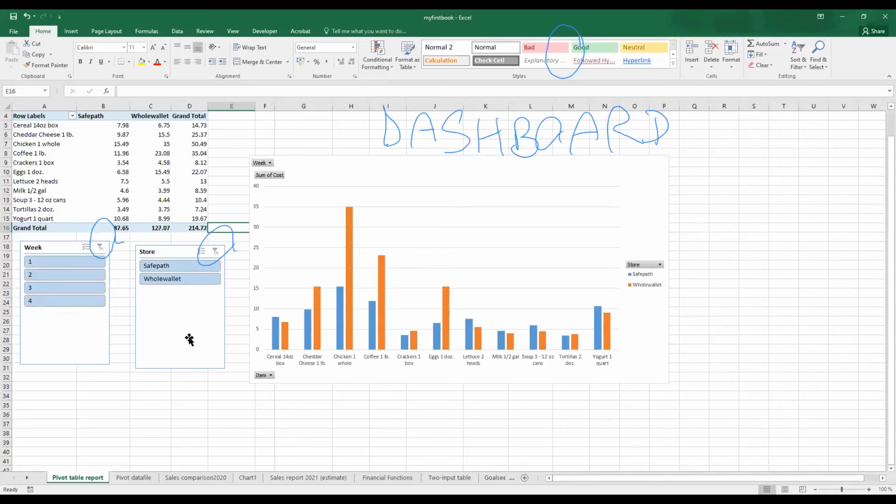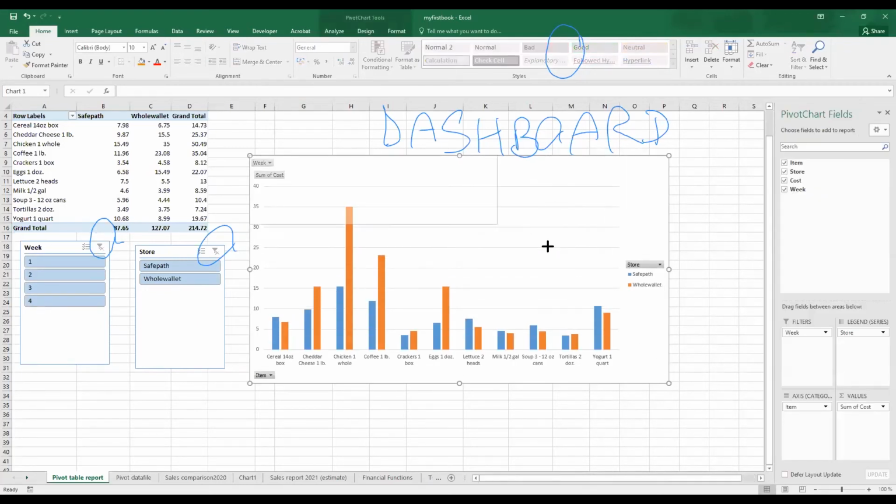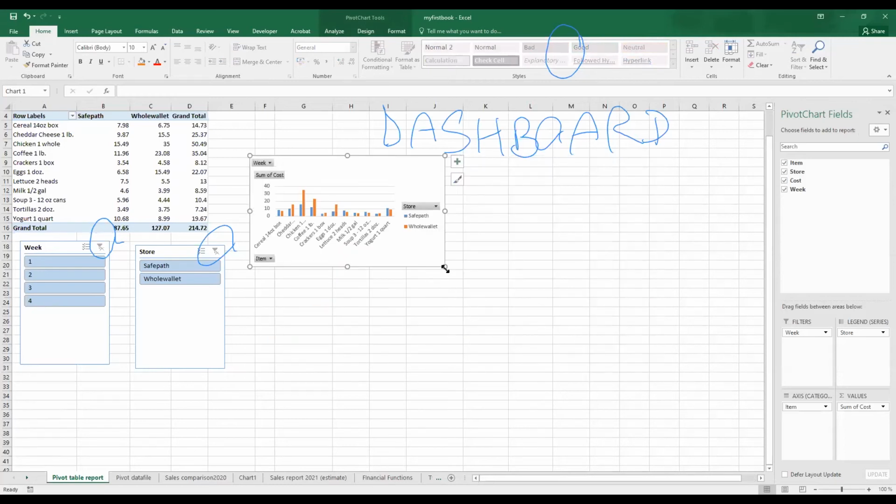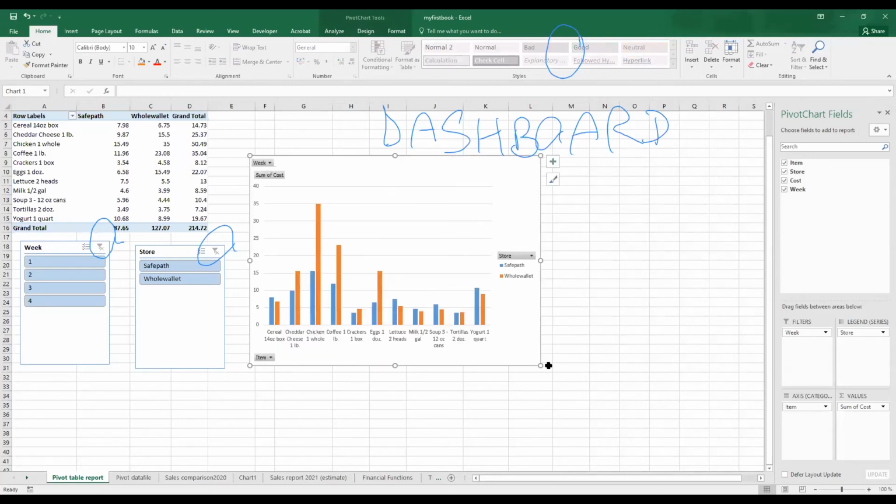I can tell you that in the midterm exam you have to create a dashboard as well, so don't be confused. If you are asked to create a dashboard, that means you have to use the pivot chart and slicers together to create a dashboard. And also, apart from this, this is the chart for products